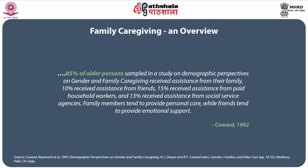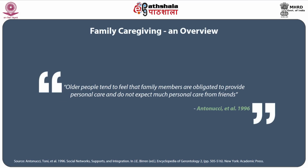Coward 1992 reported that an overwhelming proportion, to the extent of 85% of the older people surveyed in that study, received assistance from their family, 10% received assistance from friends, 15% received assistance from paid household workers, and 13% received assistance from social service agencies. Family members tend to provide personal care, while friends tend to provide emotional support. Older people tend to feel that family members are obligated to provide personal